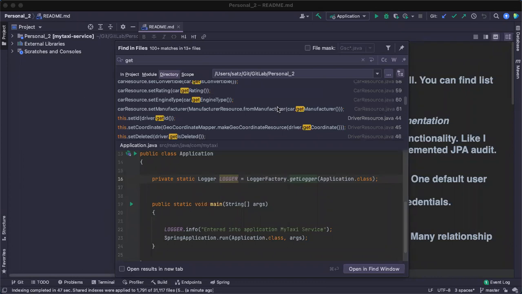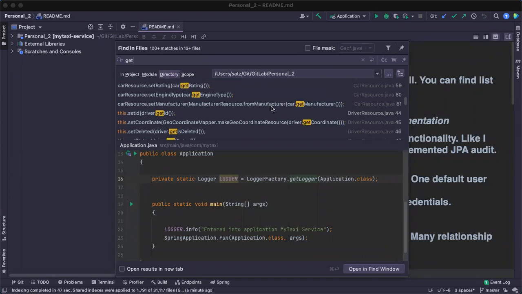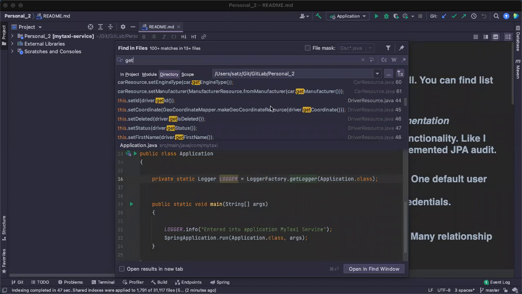In Eclipse or STS, you have to go to file search, then Java or whatever extension, or star. We have one shortcut, I remember, Control H. With the help of that, we can search throughout the application, like throughout the workspace.